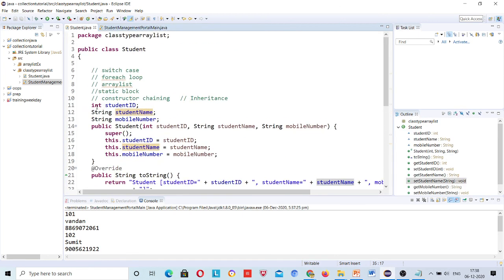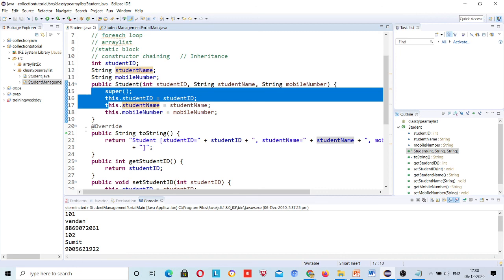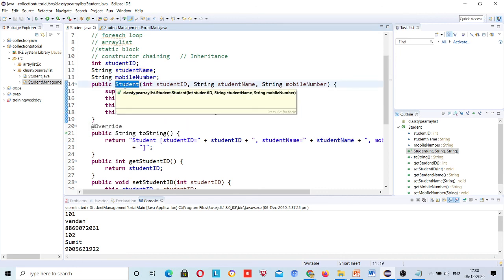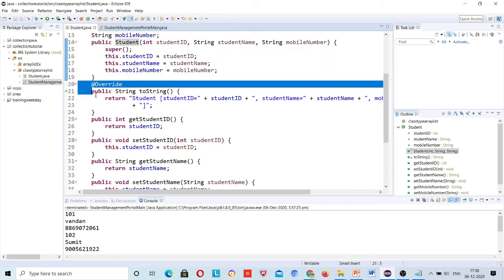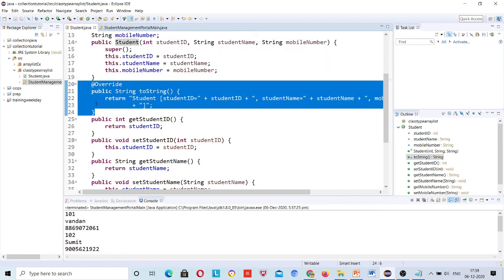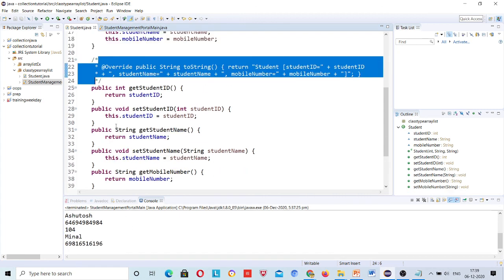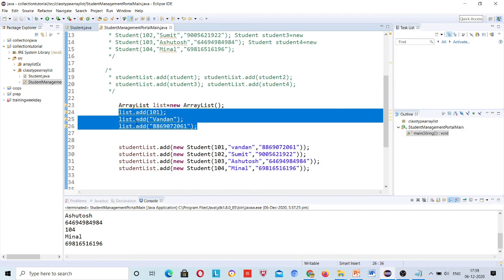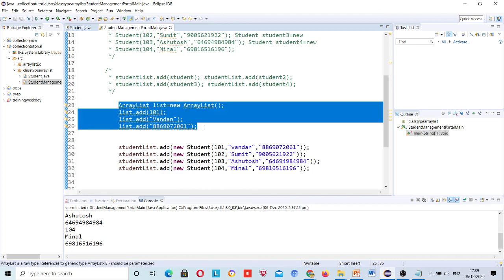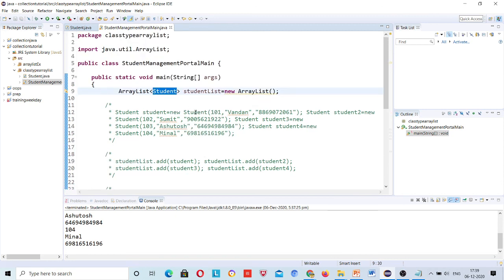And the class type class has properties student ID, name, and mobile number, and we declare a constructor. Because the constructor helps us to create the object, that's why we have declared the parameterized constructor. Overriding, why are we overriding? Because till there we had not declared our own methods, and then we were generating setters and getters, right? Now here, instead of doing this in 3 lines, we have declared an ArrayList of type Student, right?